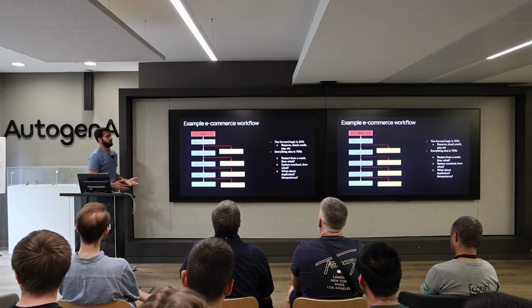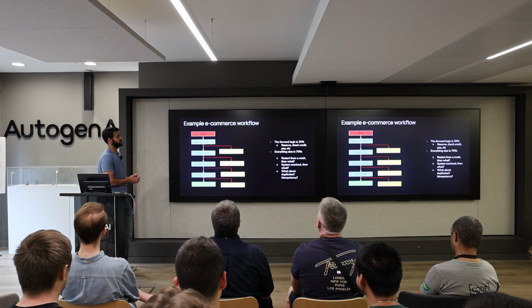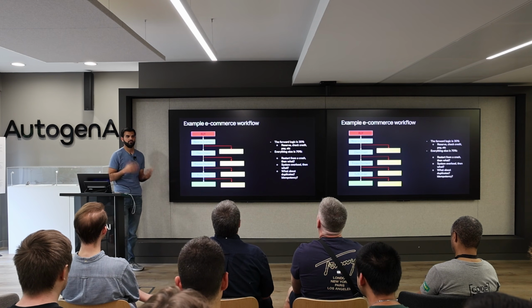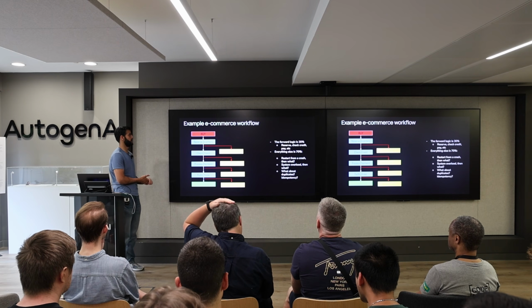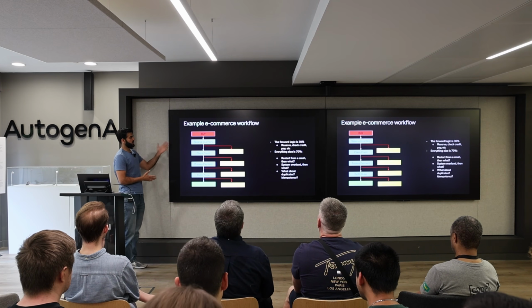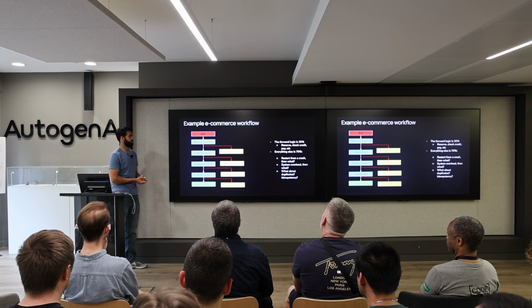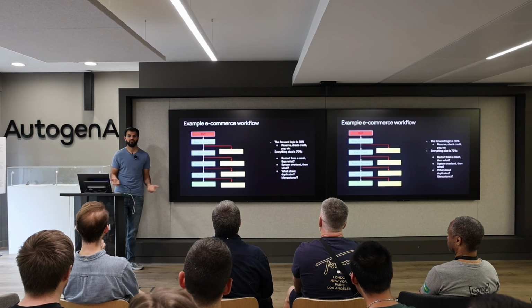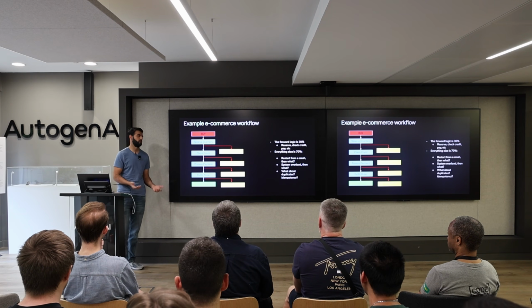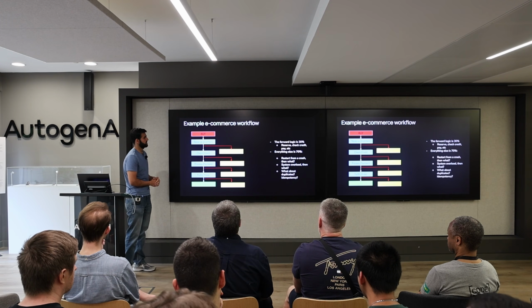So this is an example of what I mean by reliability. This is sort of a checkout e-commerce example that some of you might have worked in, and most of you have experienced when you're buying something. Usually when you're trying to buy something, you've got to reserve inventory, check for credit, process a payment, and then fulfill the order, and then it's success. You got the order, it's at home. But any of these steps could go wrong, right?